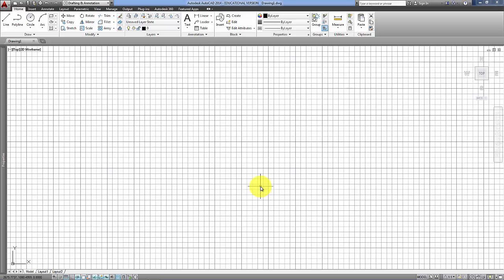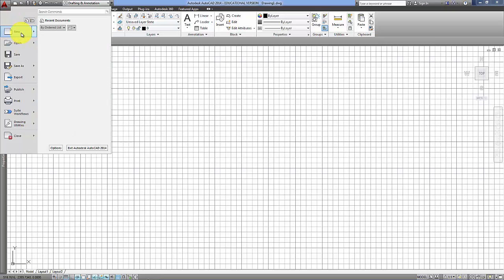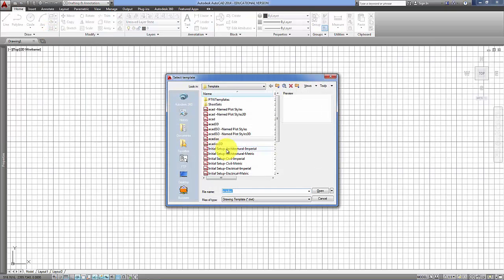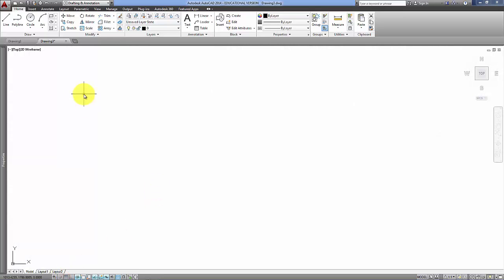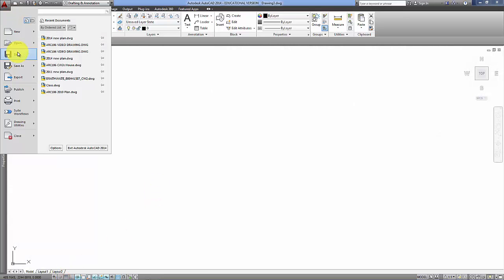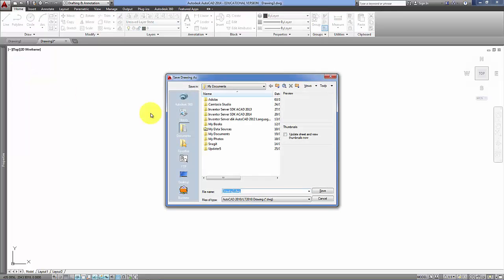When you open up AutoCAD, I suggest that you create a new drawing. AutoCAD ISO is the appropriate template, and I also suggest that you hide the grid. At this stage you should also save your drawing to the appropriate file format. So I'm just going to save it temporarily to the desktop,